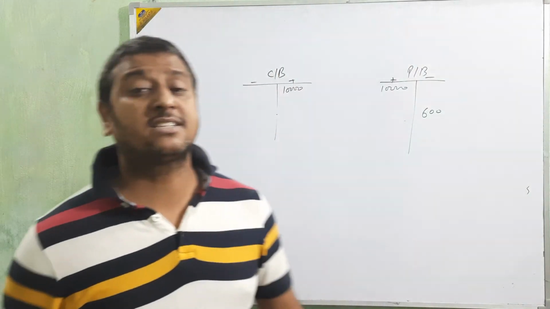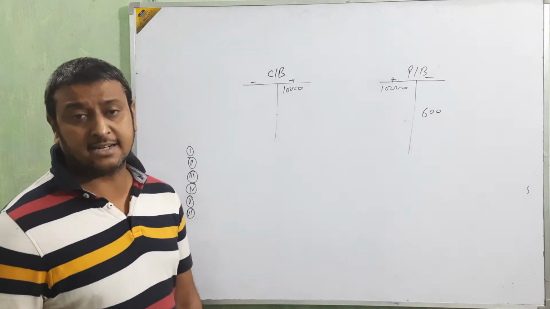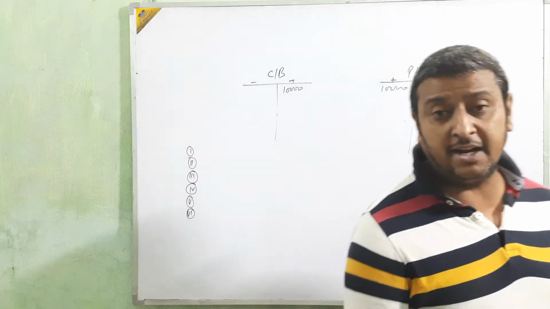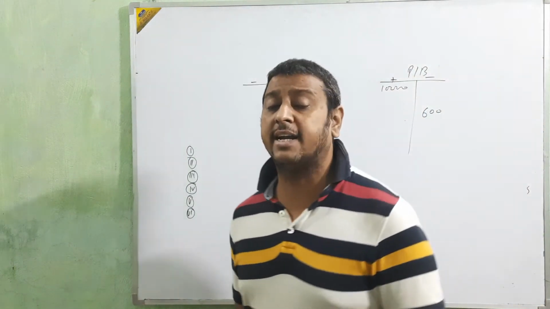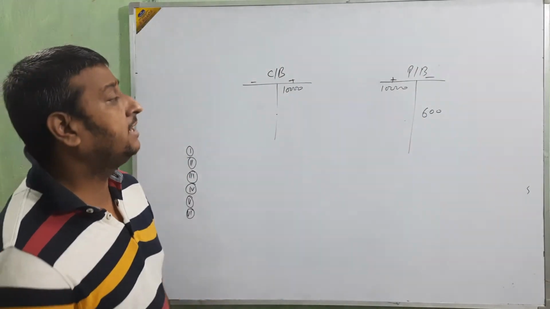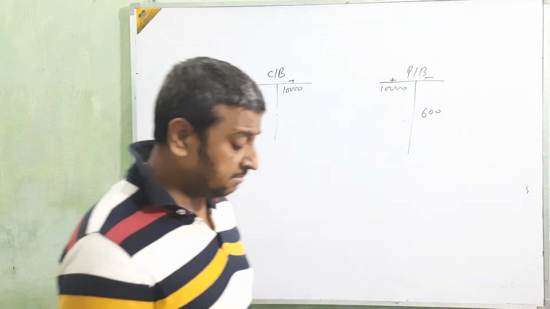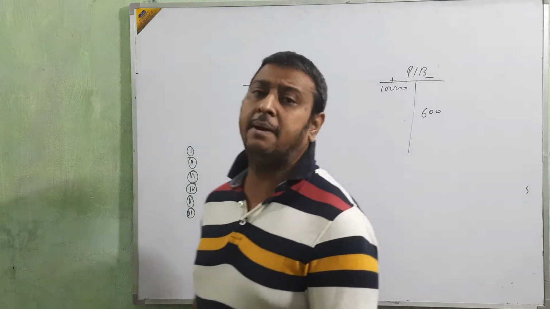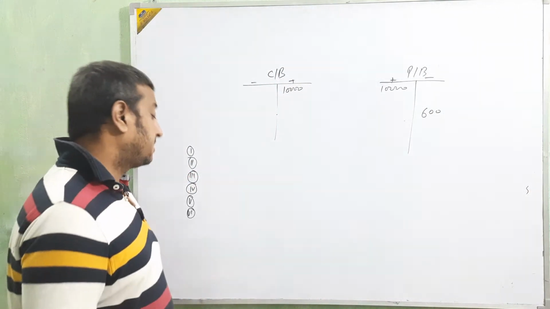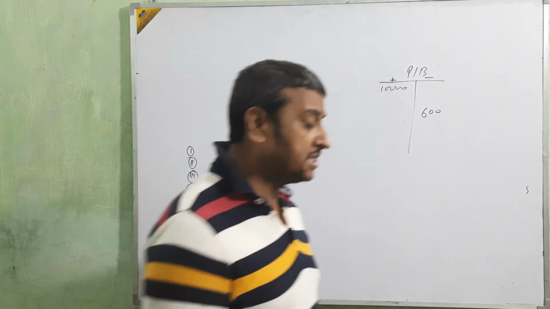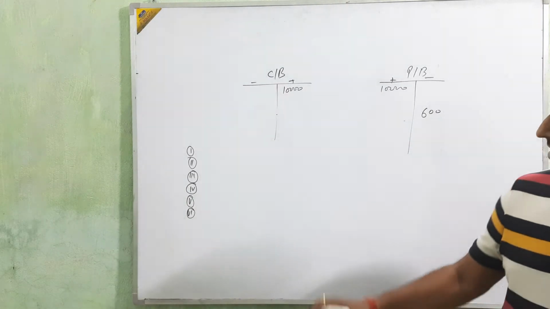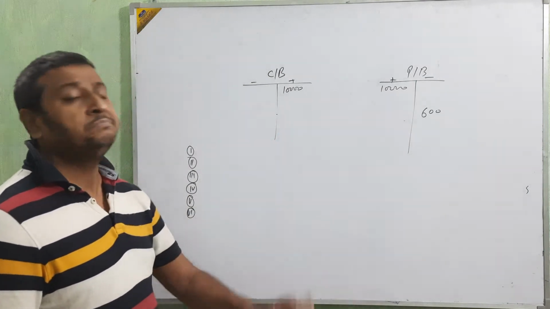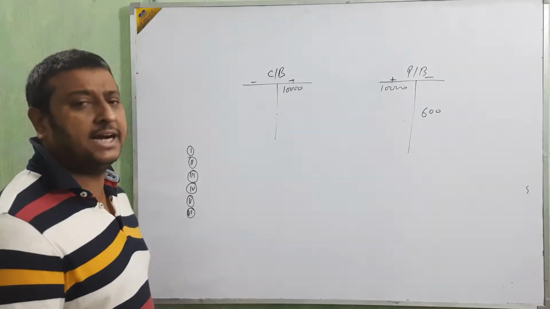It means mainly there are six reasons. First, cheque sent for collection but not collected. Second, cheque issued but not presented for payment. Third, anything or income credited by the bank. Fourth, any income or anything deposited directly in the bank. Fifth, any payment made by the bank directly. Sixth, any type of charge debited by the bank. These are the main six reasons by which a difference will come between the cash book and passbook.